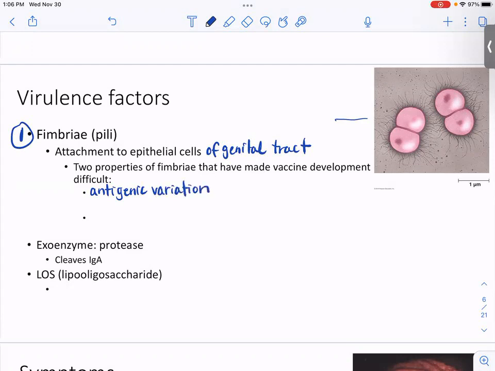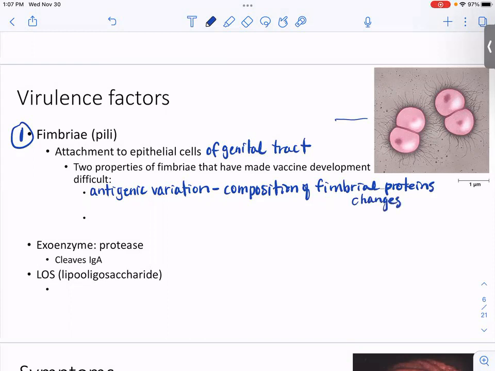Okay, so the organism has the ability to actually change the protein combination or to change the structure of those pili. Okay, so the pili are the most antigenic thing. It's the first thing that our immune system notices, again, because it's protein, it's a complex molecule, and it's on the outside of the cell. So when that antigenic variation, that just means, again, that the composition of the fimbrial proteins changes.